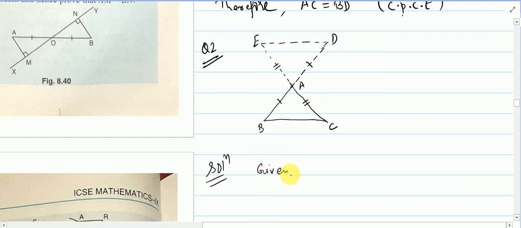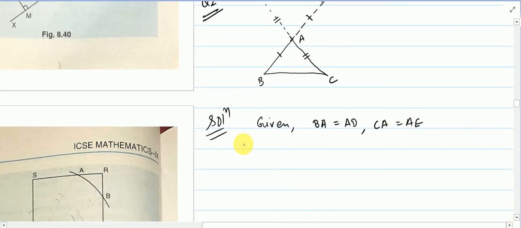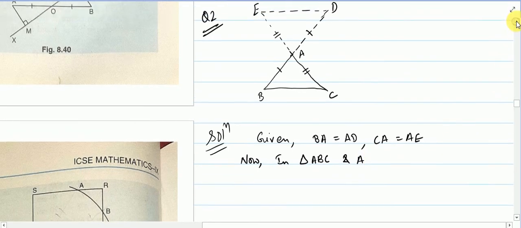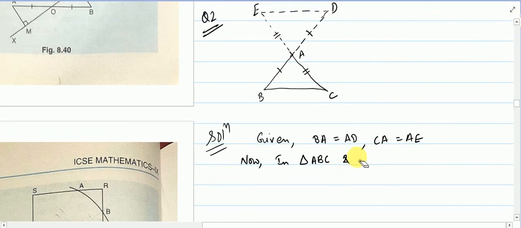Given BA is equal to AD and CA is equal to AE, done. Now in triangle ABC and in triangle ADE,